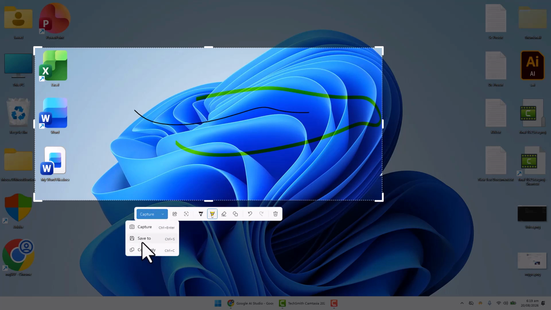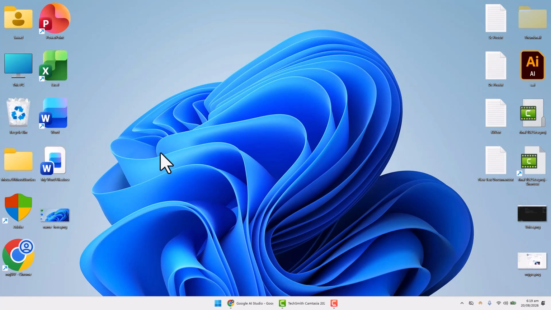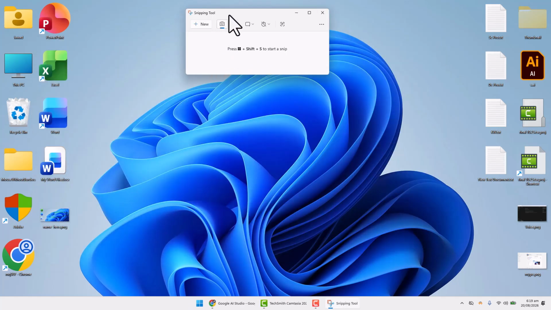To save it, click the Save button at the top, choose where you want to save the image, give it a name, and click Save. If you want to capture the entire screen instead, open Snipping Tool, choose the Full Screen option, and take the screenshot. You can also capture a specific window by choosing the Window option and then clicking the window you want